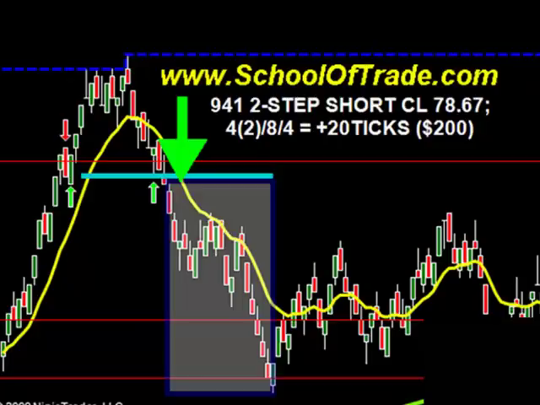The fill here was at 78.67. We took 4 for the first target, 8 for the second target, and then locked in 4 more ticks on the third target. So total 20 ticks there at 9:41. So as you can see, guys, we are really piling up these ticks as we're making our way through the